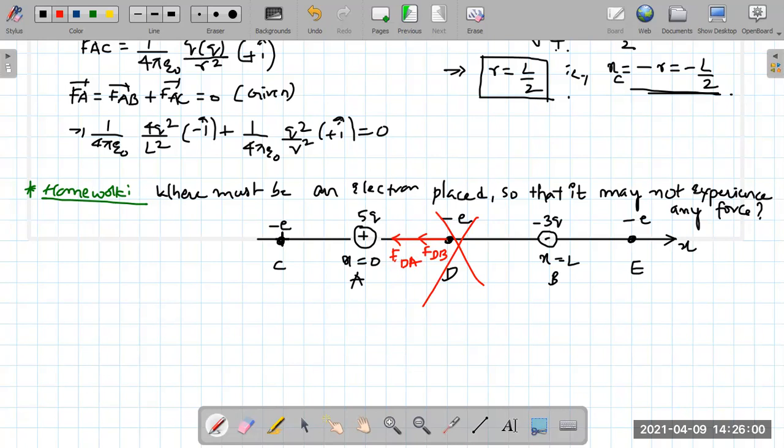Does it make any sense to the left at C? No, sir. They'll again be in the same direction. So force on C due to B is to the left. Why didn't you place it at C? It is a very good chance, right? But the magnitude will be less. So FCA is greater than FCB, no matter wherever you place. Force on C due to A will be greater than force on C due to B. So that's why this is also not possible.